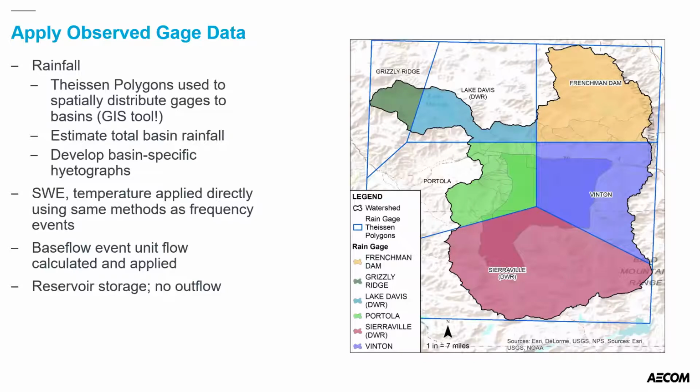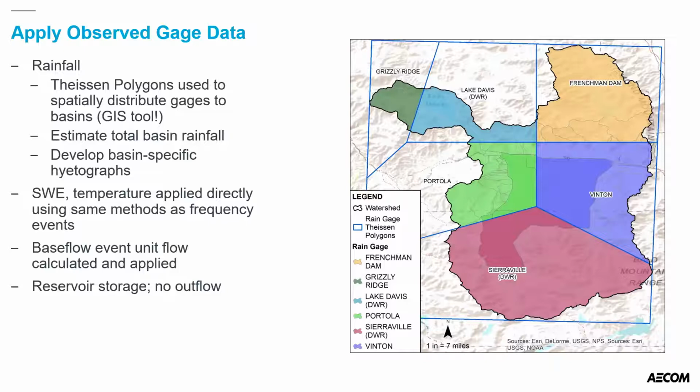And I just said that word two different ways. Sorry about that. But GIS has a tool that does it for you. I agreed with the delineations. So we applied our 6 gauges with rain to the Thiessen polygons, estimated total basin rainfall, and then developed basin-specific